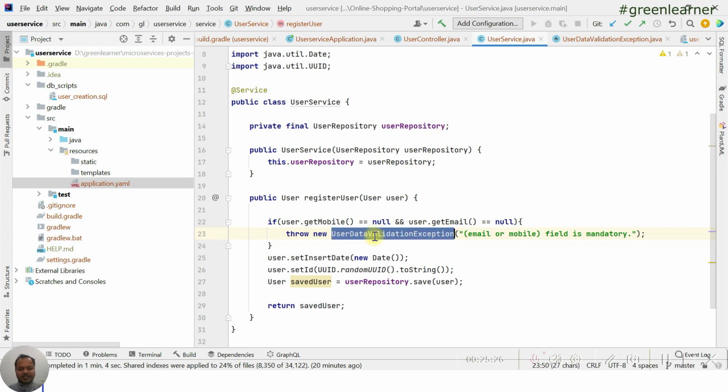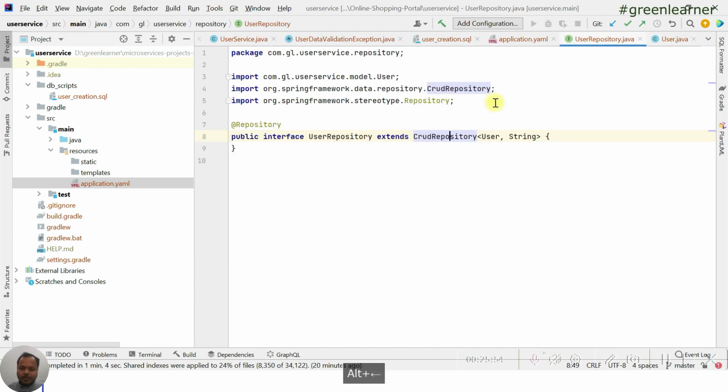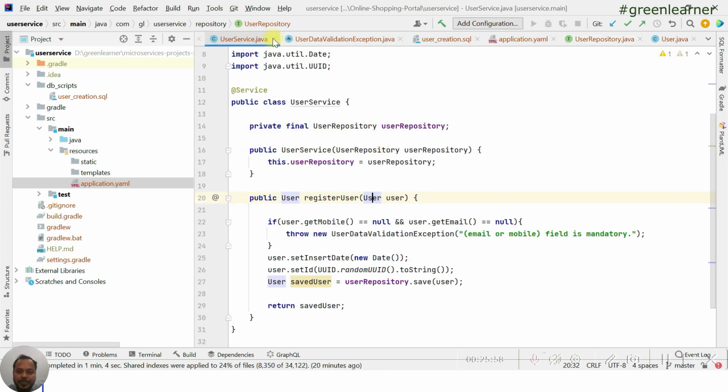Okay, so the user data validation for mobile and email has been taken care of. This was mandatory, and you can put other validations also, like username, which you can add here. I'll add that in the code itself, but for now just keep it like this. Password is also a mandatory field, so you should put in all these fields, but I can add another validation here. We are going to take that in a separate subsequent video, but for now just live with this.